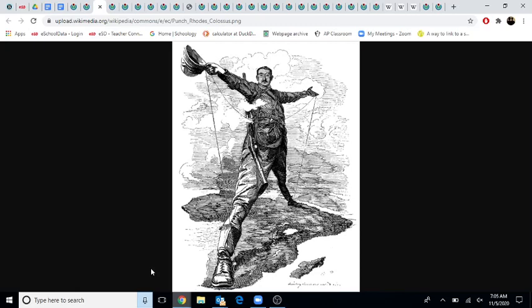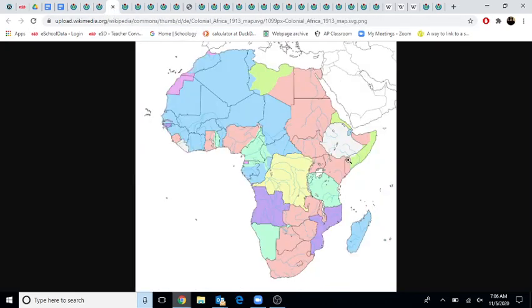so Rhodes had this idea of, well, we need to have British land go from one end of Africa to the other so we can run a railroad and a telegraph line. The only problem is that if you look at Africa, there's the British pink, but look in the middle here, here's a territory, what's now Tanzania, Rwanda, and Burundi, that was owned by the Germans. By the way, these are the former colonies mapped on current African countries, if you're wondering what those lines are.